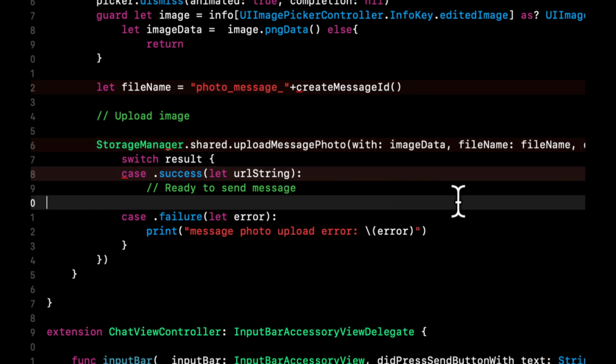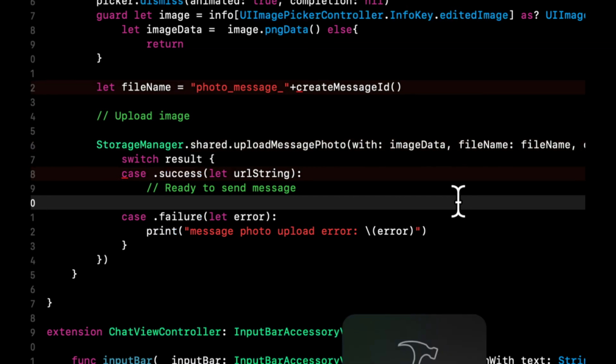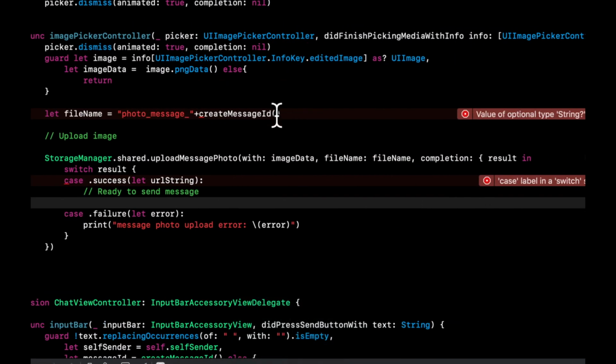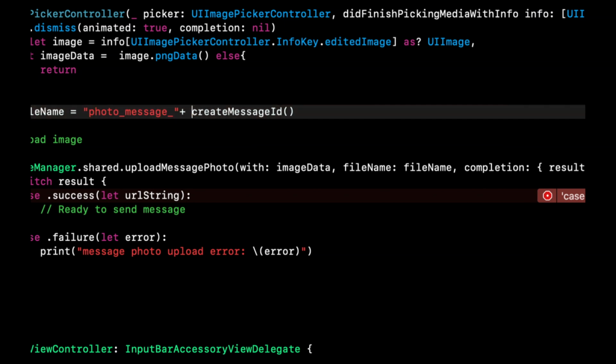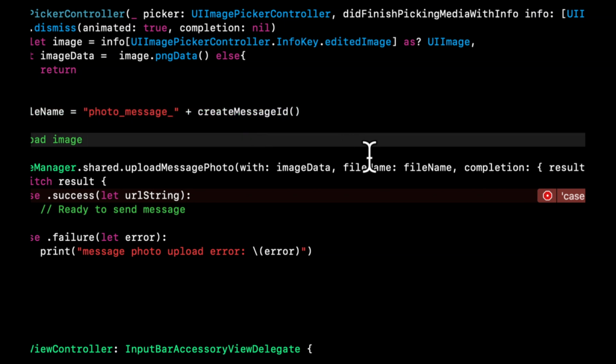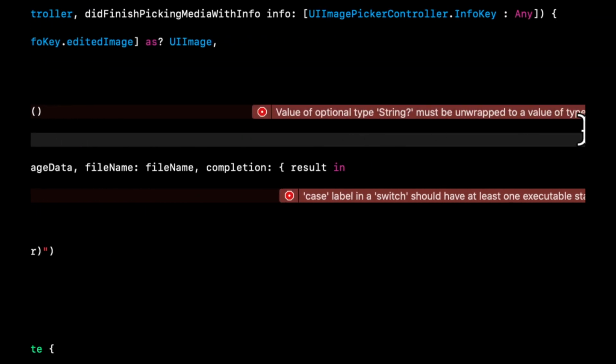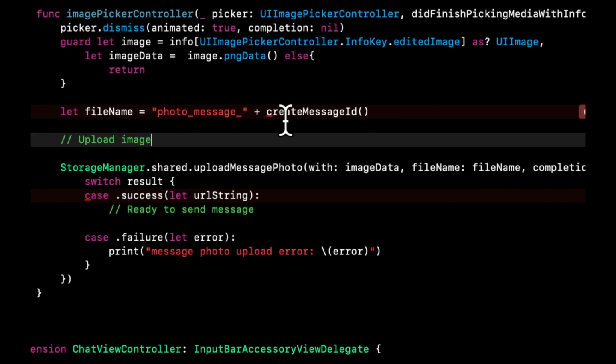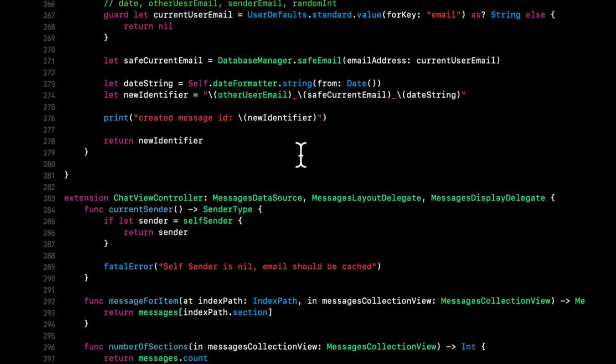And why is this complaining? Shouldn't be complaining. Go ahead and hit Command B. Looks like something's not right. So this is complaining because this should return a string if I am not mistaken. Use of optional. Okay, it returns an optional string because I think in here we do a guard for the